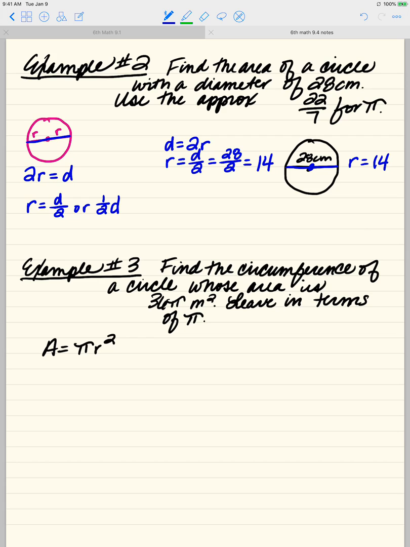Now we have what we need to use our formula, which is pi r squared. Remember, our other approximation for pi that we use sometimes is the fraction 22/7, and that's what we're asked to use in this example. So plug in what we have. Area is equal to pi, which in this case we're using 22/7, times radius squared. We figured out our radius is 14 squared. You should have 14